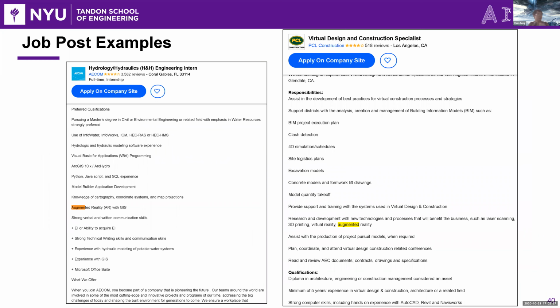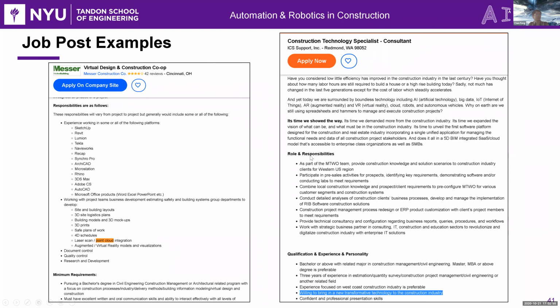And before I end, there are a few more examples to motivate you to study more in this field. So I took some time to search on LinkedIn and Glassdoor for job posts related to you, right? If you want to find intern positions in some construction-related projects, you see those keywords: augmented reality, GIS, 3D printing, laser scanning, right?